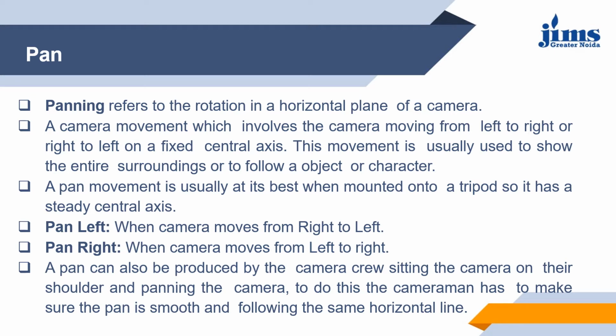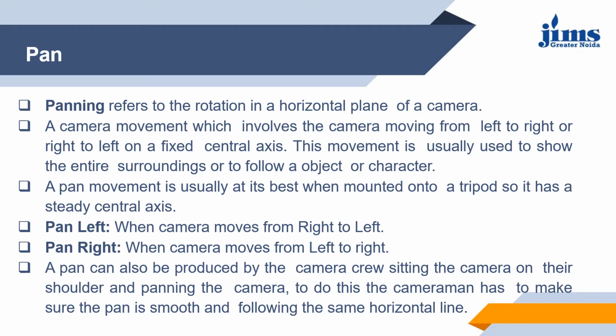This is what we discussed, that we can record a pan movement while mounting the camera on the shoulder. A cameraman can record the pan shot on their shoulder, but the basic difference is that he or she has to be so firm,